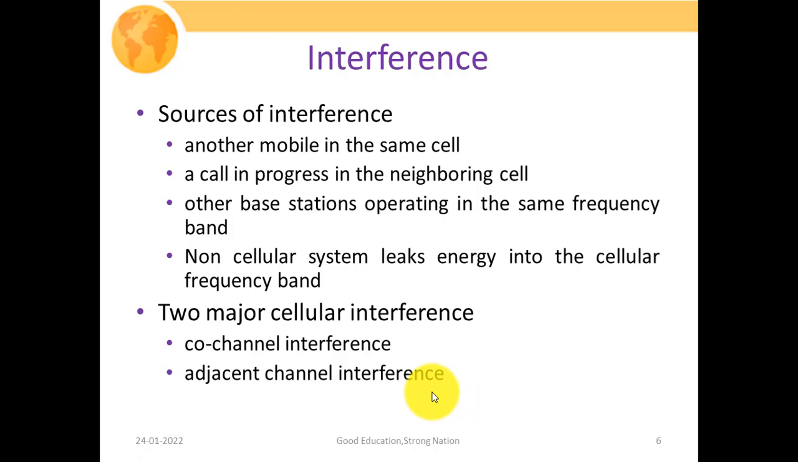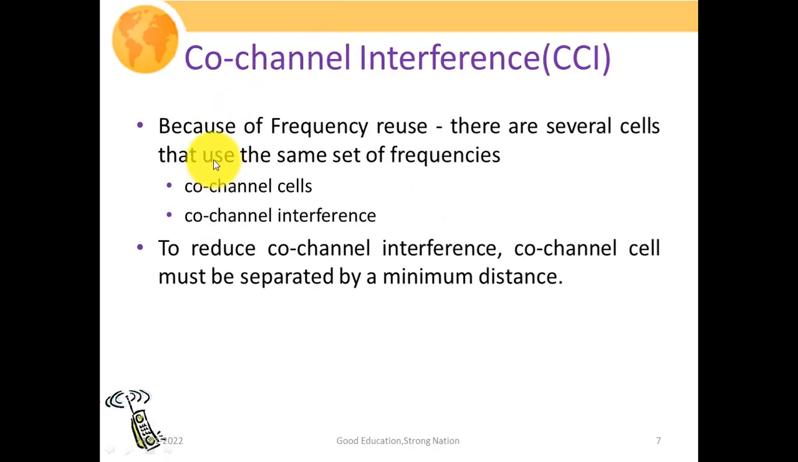Let us discuss one by one. So first one is your co-channel interference. Because of the frequency reuse, there are several cells that use the same set of frequencies. In our frequency planning, we have already studied the role of frequency reusability, and if we are going to reuse our frequency bands, then definitely there are certain channels in our cellular system which will operate over